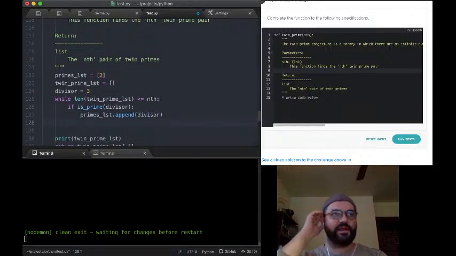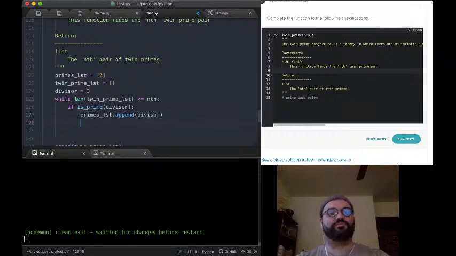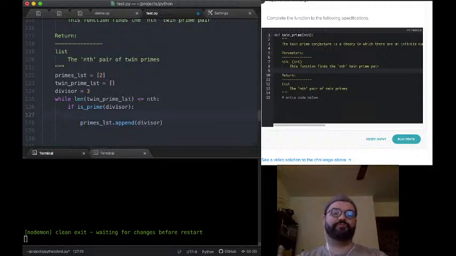Now, okay, so now that I know divisor is a prime number, I can compare it to the previous prime number. Okay. Yeah. Why don't I compare it first and then append it? So I'll say if divisor, which we know at this point is prime inside of this block, if divisor